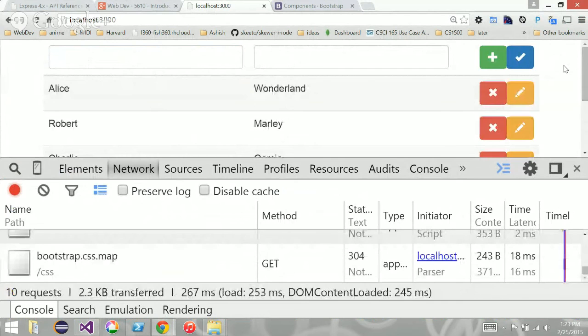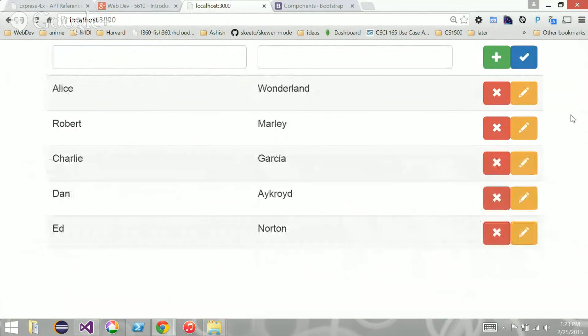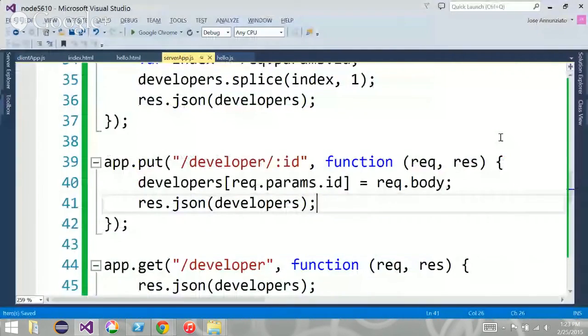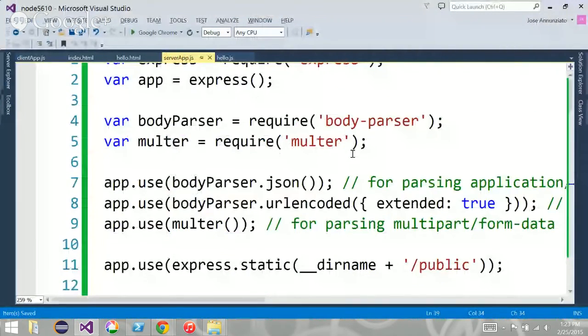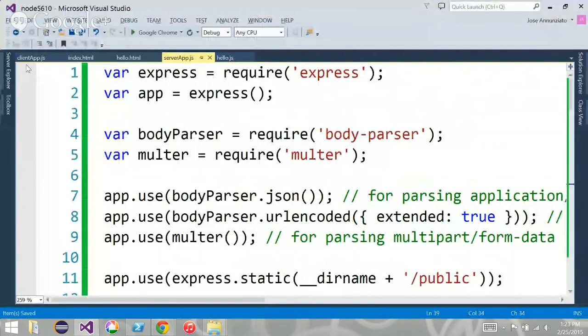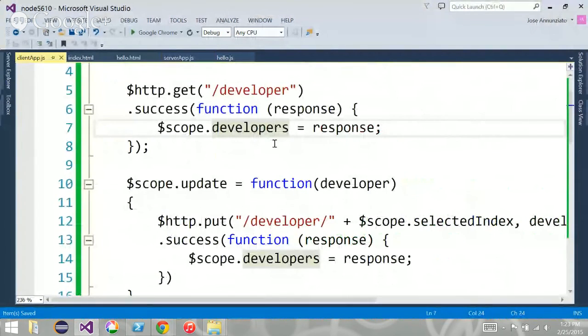So that works, right? So again, we were able to do all 4 or 5 CRUD operations, right? Create, read, read all, update, and delete, okay? What's left is being able to handle nested or relationships, right? When you have a developer having many applications, and we'll do that next week. But just to talk about what you were mentioning about one-to-one, one-to-many, many-to-many,